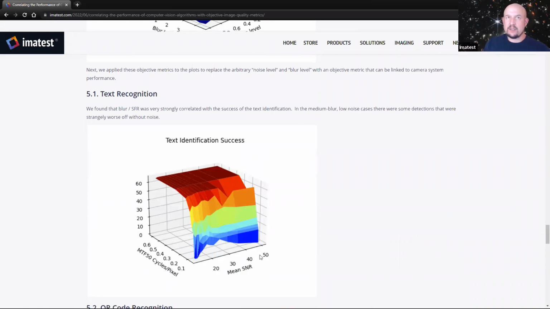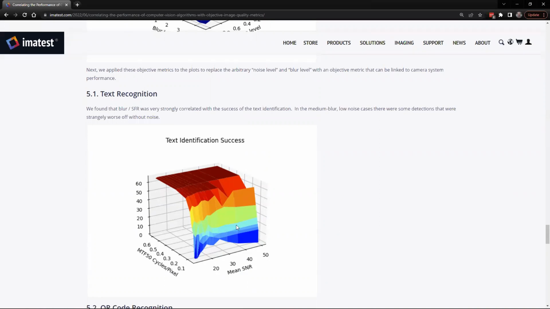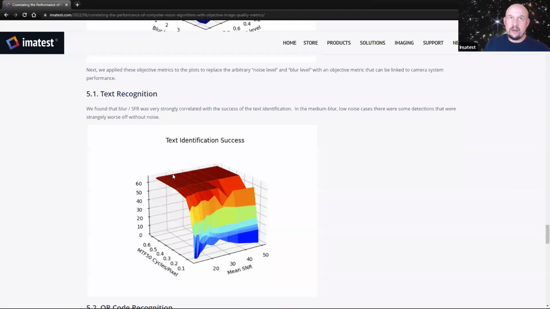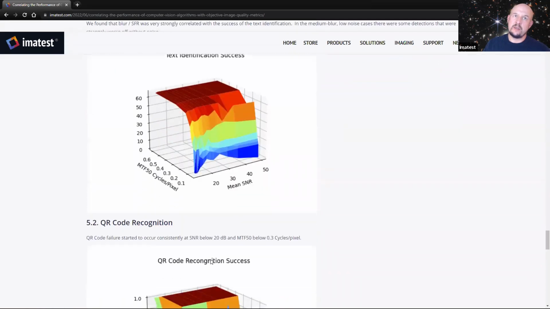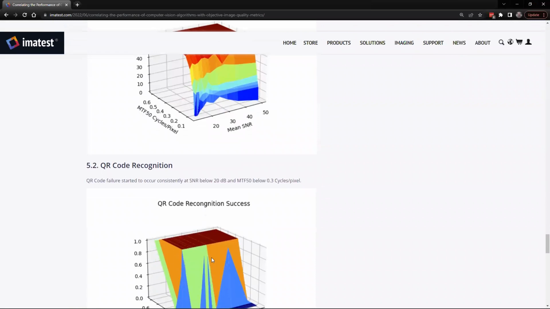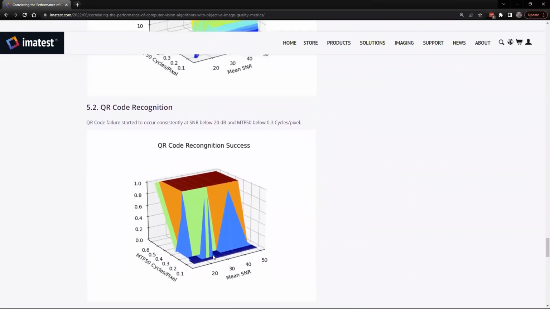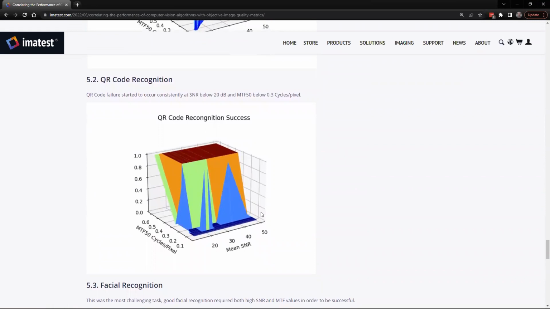And then we looked at how well our computer vision worked across the different MTFs and SNRs. Where did the text identification work successfully? 那在这个图上，我们就可以看到机器视觉对于文字可以看到多少，然后就是 MTF 50，还有平均的信噪比。 The text identification is very heavily correlated with the MTF 50 or the sharpness. 对于侦测文字的话，尤其是 MTF 50 这个指标比较有意义。